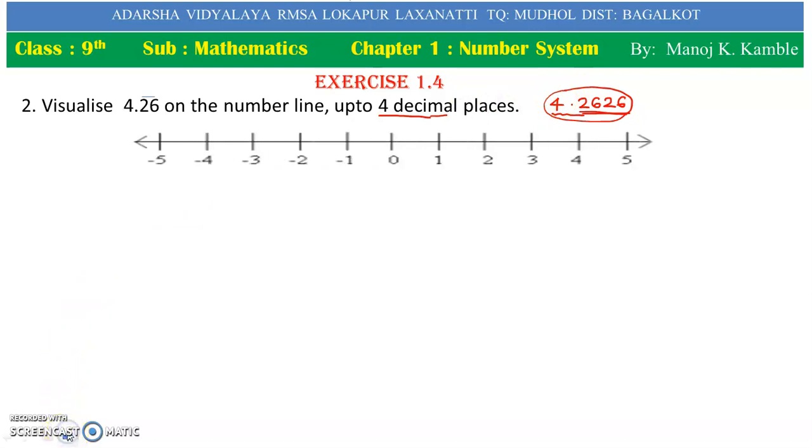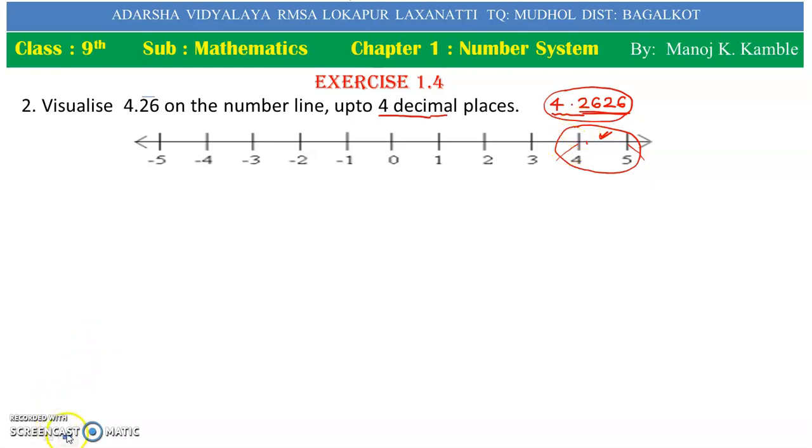So you know the number line, so how it is. So check it out here. This 4 point something number is present in between 4 and 5. So in between 4 and 5, magnifying this 4 to 5. So magnifying this means here 10 equal parts present in between the numbers.